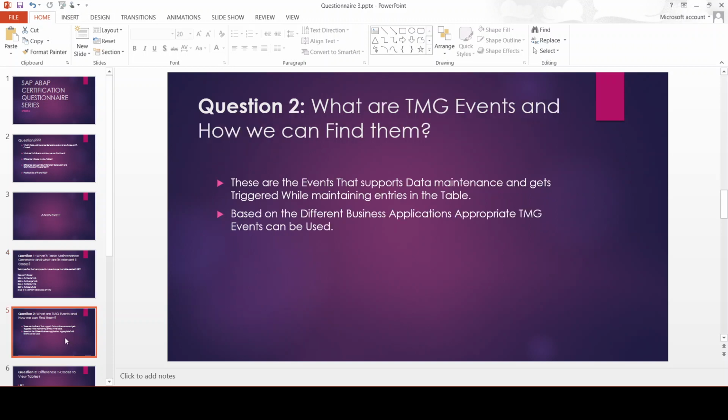Moving on to the second question, what are TMG events and how can we find them? I just showed you. These are the events that support data maintenance and get triggered while maintaining entries in the table. So based upon the different business applications, appropriate TMG events can be used. In our case, we just used creating a new entry. Moving on to the third question,